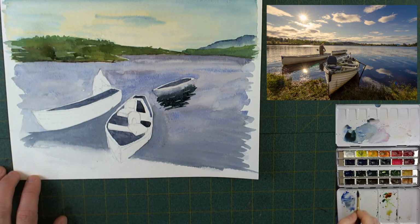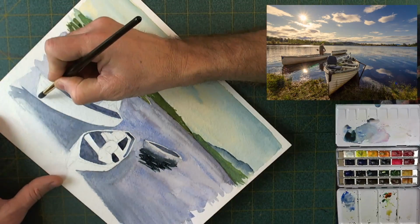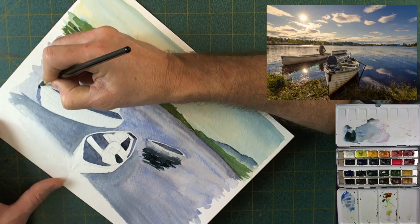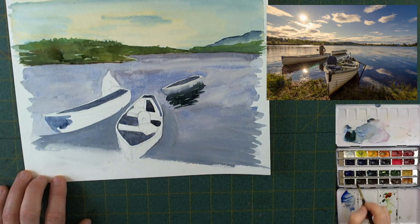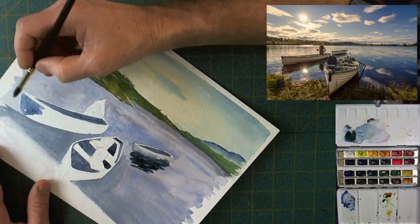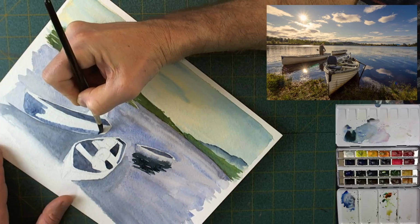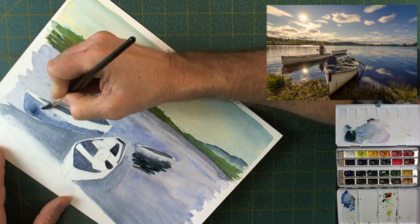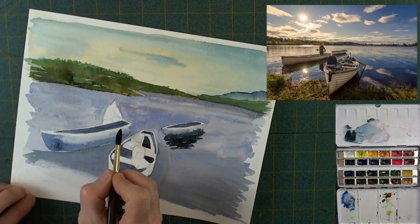Let's see, I need a little bit more of this with just a touch of that. I'm going to do the same thing on this boat, right on the bottom of it. Right up along the front up here is probably going to be a bit darker, because it's furthest away from our light source. Oh, wrong one. Come on, Michael, get it right. And then as I go back to the back side of this boat, it's going to go more towards the water line. There'll be more light hitting this boat, and then I'm going to blend that edge all the way up to the